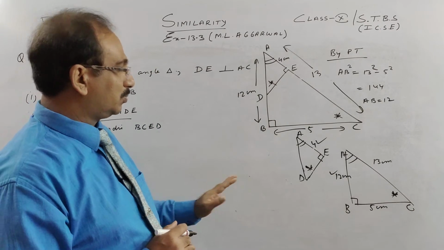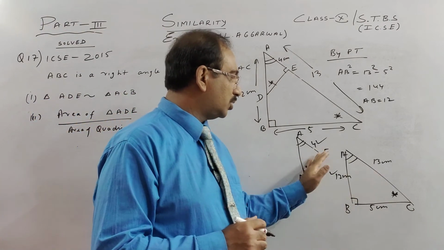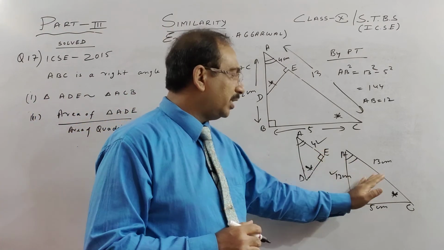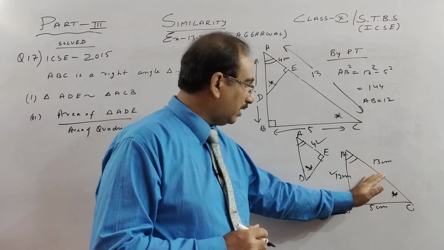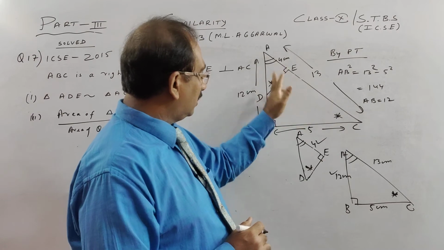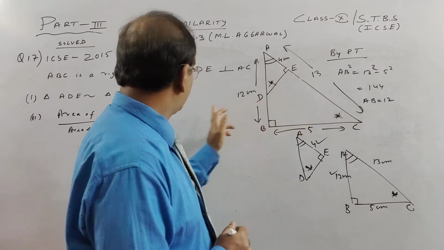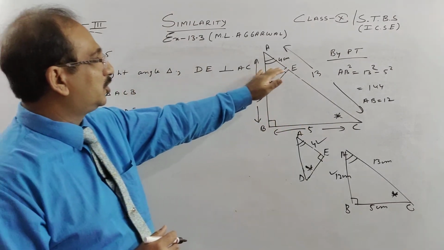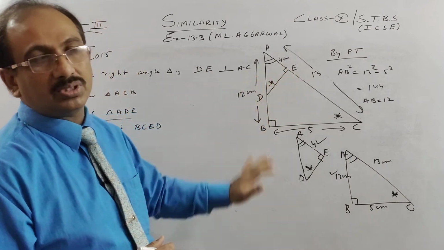Try to understand once more. This is 3 times more, so the area will be 9 times more. So this is 9 times more than this. So the full thing is 9, this is 1. So that means 9 minus 1, this will be 8. So finally, when you find the ratio of this to this, it will be 1:8.